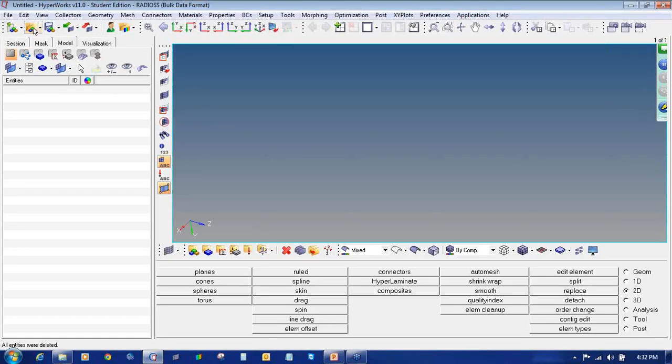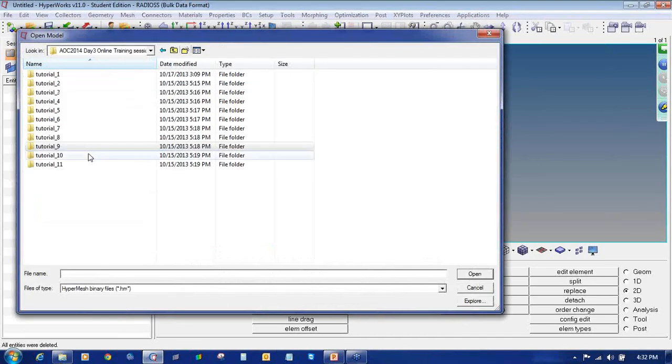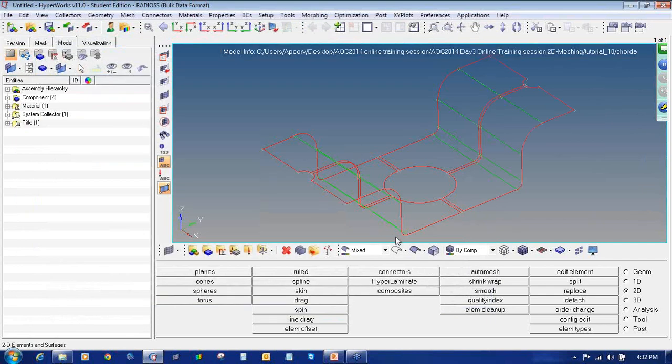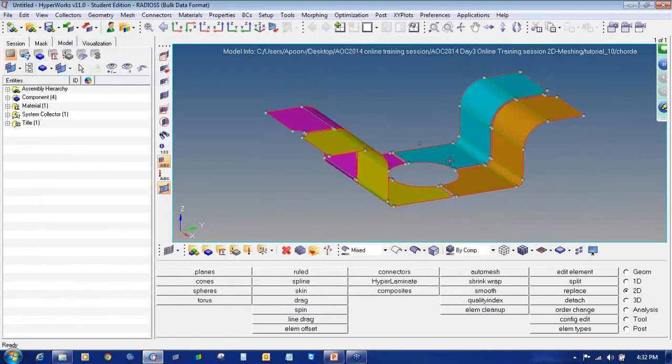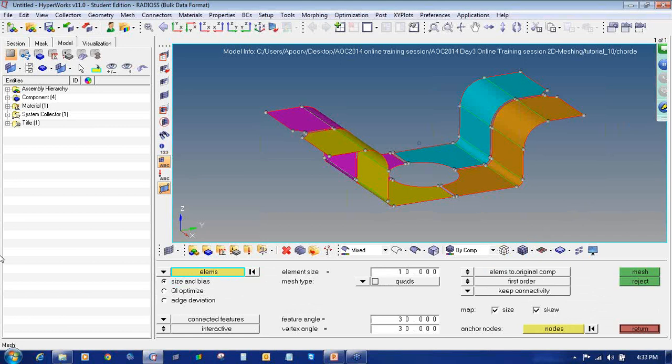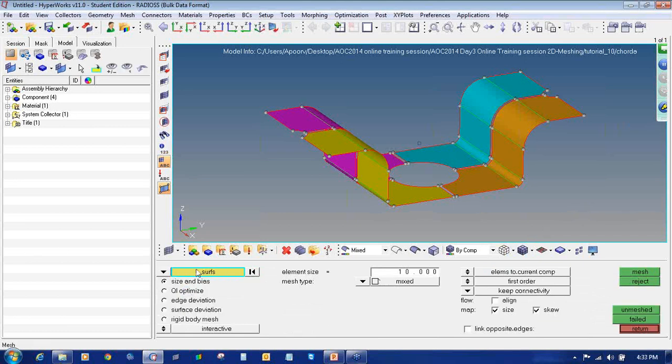So again I will open HyperMesh, one more model to see the chordal deviation or meshing in the curved surfaces. So to do the meshing in curved surfaces, we will again go to the 2D AutoMesh panel or press F12 from the keyboard to enter the AutoMesh panel. From here I will select surfaces from the drop box.